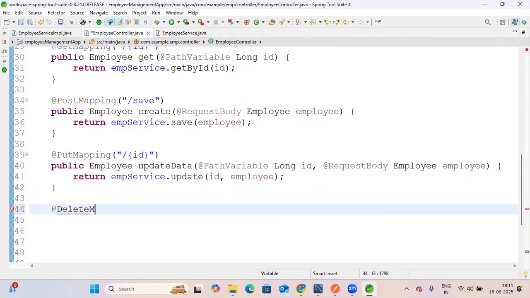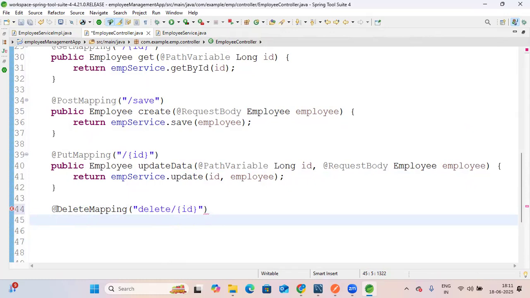Delete. And no double PING. Delete by what? Delete by ID. I want delete by ID. Okay. Now public